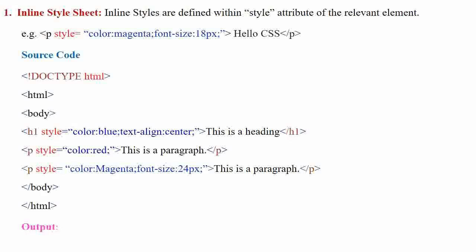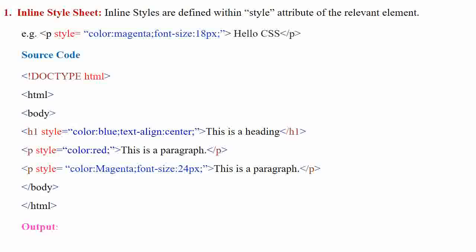First, inline style sheet. Inline styles are defined within the style attribute of the relevant element. Here, in an inline style sheet, we directly use the style attribute on the particular element which we want to style.